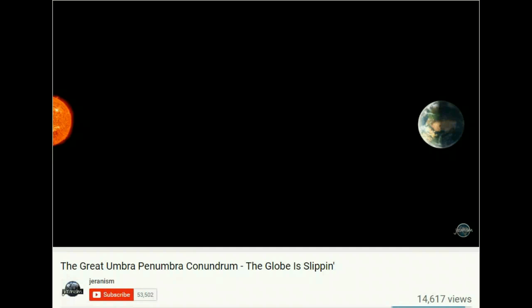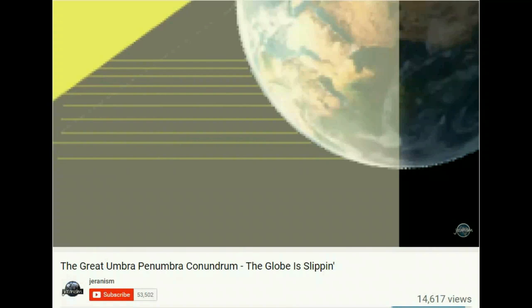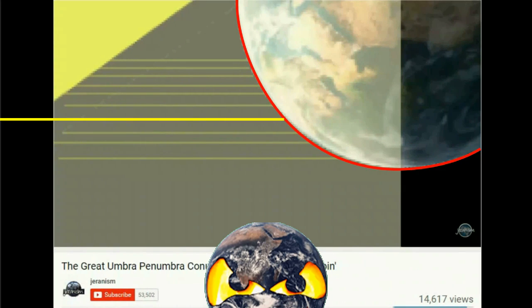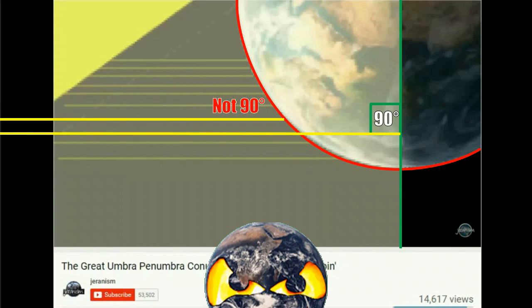So what you're seeing on the screen now is simply some little examples of that, and we zoomed in here, and you can see that those lines are hitting the Earth parallel or perpendicular to the surface. No. Those lines are not perpendicular to the surface of the Earth. Those lines are perpendicular to the axis of the planet. But you know, who wants to quibble over details?